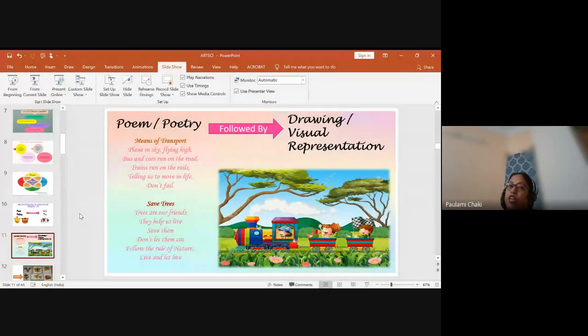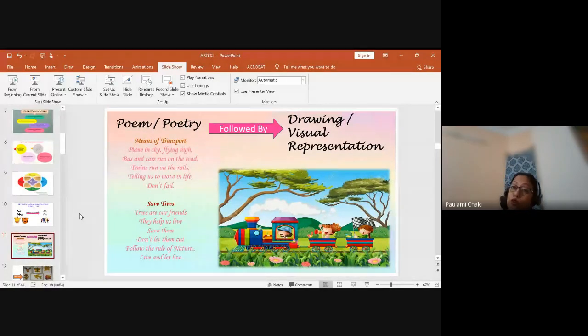So this poem writing can be done in almost all the grades, as I have told you. For example, in grade 3, we have Water, O Water, where we can ask our students to write a poem on how to save water, water conservation. Then in slightly higher grades, we have the Water Cycle, so we can ask them to write a poem on the water cycle. This activity I have done in my class, so I can personally tell you that this was a very beautiful activity. Then for physical and chemical changes in grade 7, we can do it.